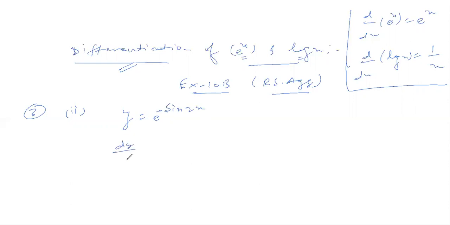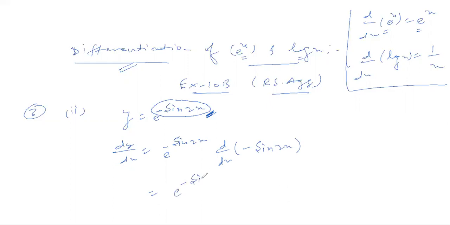So its differentiation dy by dx will be equal to, now see, it is written as e raised to power, and it will be taken as x. So e raised to power x, its differentiation is e raised to power x only. So it will be e raised to power minus sine 2x. Now, as per the chain rule of differentiation, whichever part we take as x, like right now we have taken the circled part as x, we'll differentiate this again. I'm doing this question in detail first of all. So it will be written as d by dx of minus sine 2x. So it will be e raised to power minus sine 2x as it is, and we have to differentiate this part now.